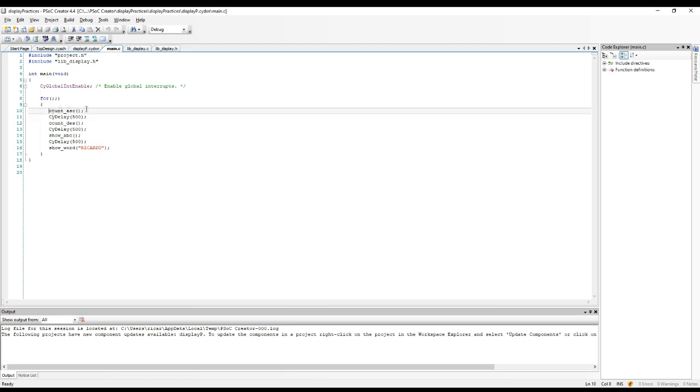For example, starting with the first line, we have the countAsc function. This function consists of showing in the display a count in an ascending way. It means that we're going to count from 0 to 9. After that, we have a delay. Delay consists of 500 microseconds. This is the time that it's going to wait until it executes